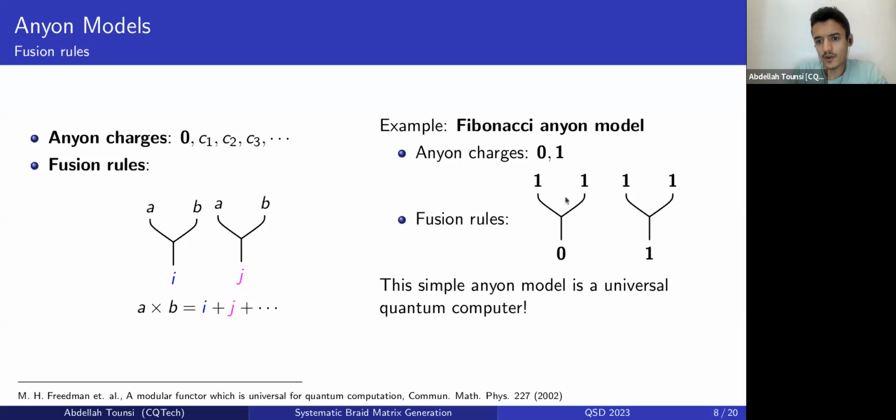We have two anyons that can fuse to 0 or can fuse to another Fibonacci anyon. Surprisingly, this simple anyon model, which is based on simple fusion rules, can construct a universal quantum computer, and this is proven by Freedman and others, and it's very important